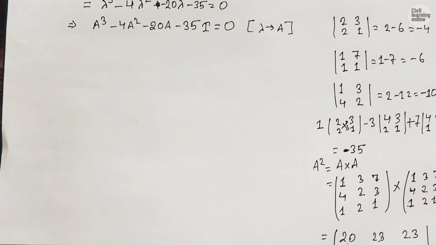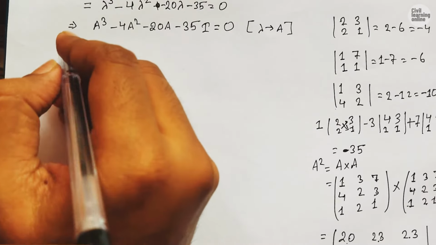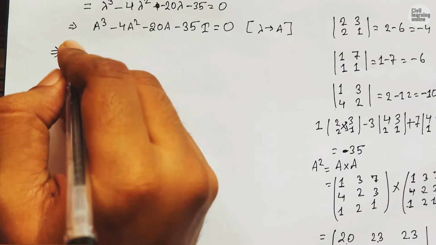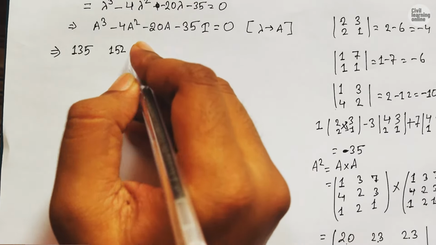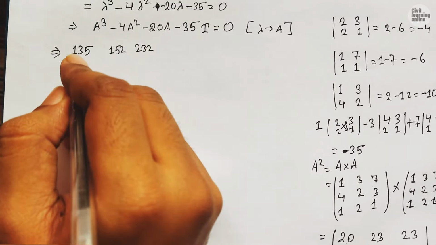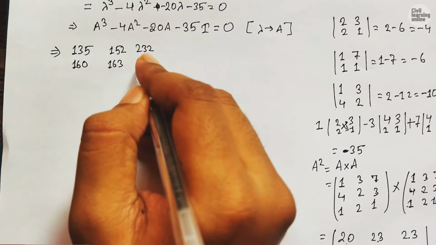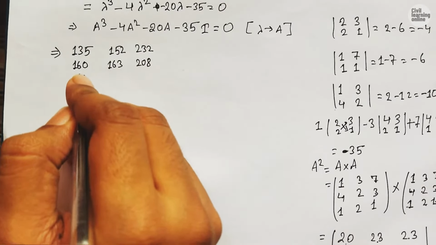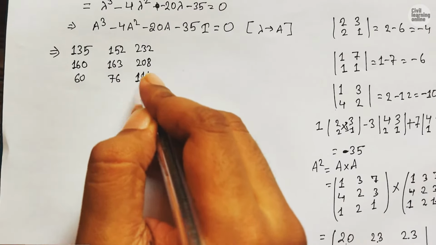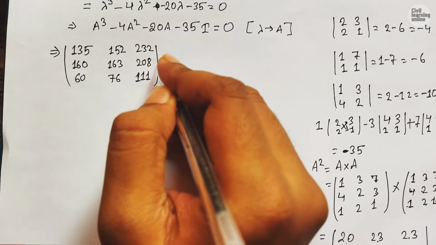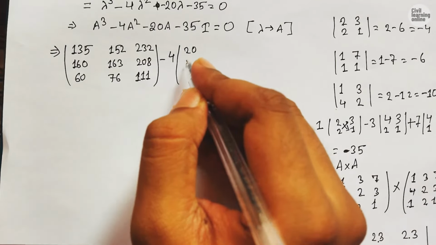Now we will simply rewrite the values here, and check whether we are getting the null matrix or not. So we have got the value of A cube as 135, 152, 232, 140, 163, 208, similarly 60, 76 and 111, minus 4 times A square, and we have the A square value as 20,